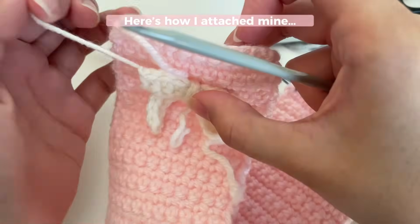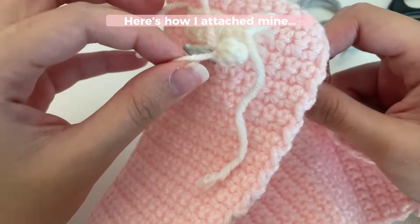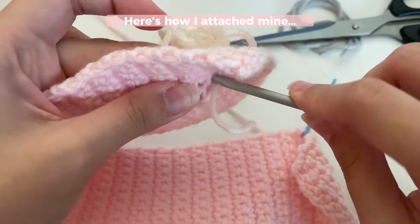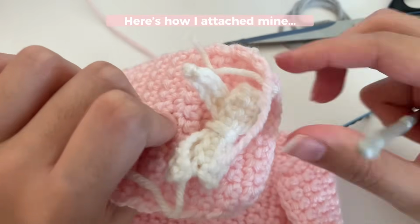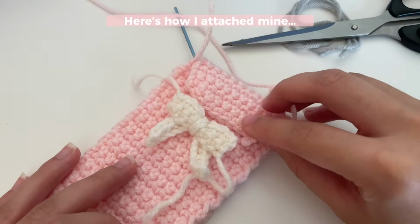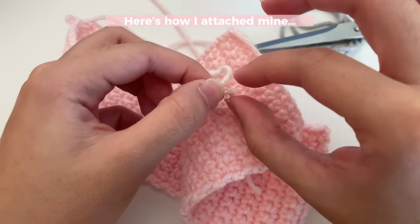like that. And then I'm going to get the other end that I have over here and pull it through whatever stitch is closest as well, making sure that it's centered. Just grab onto it and pull it through. So you've got your two ends here, and when you pull them, your bow is attached to your piece. Before you tie your knot or anything, make sure that your flap can easily open and close and be tucked into your bow. Once everything looks good, you can just tie a knot in the back to secure your bow